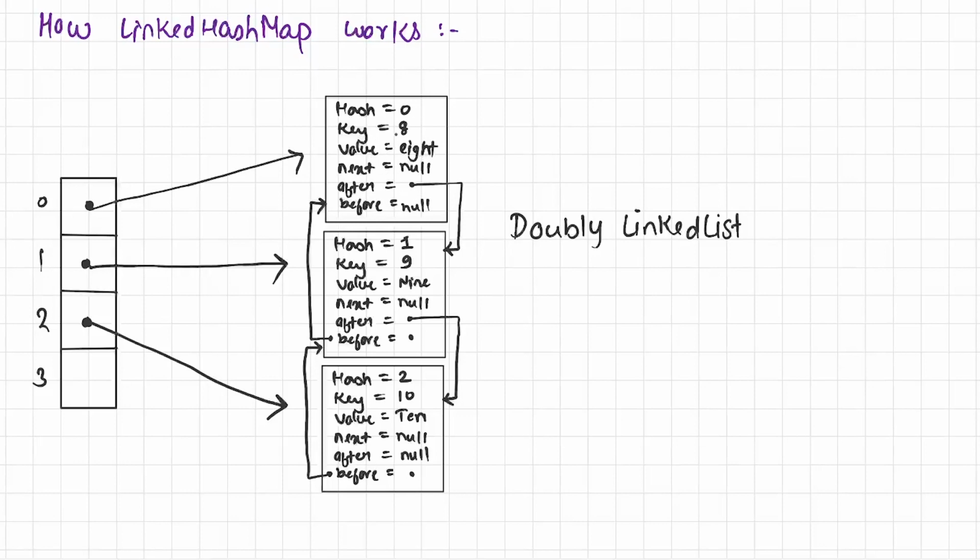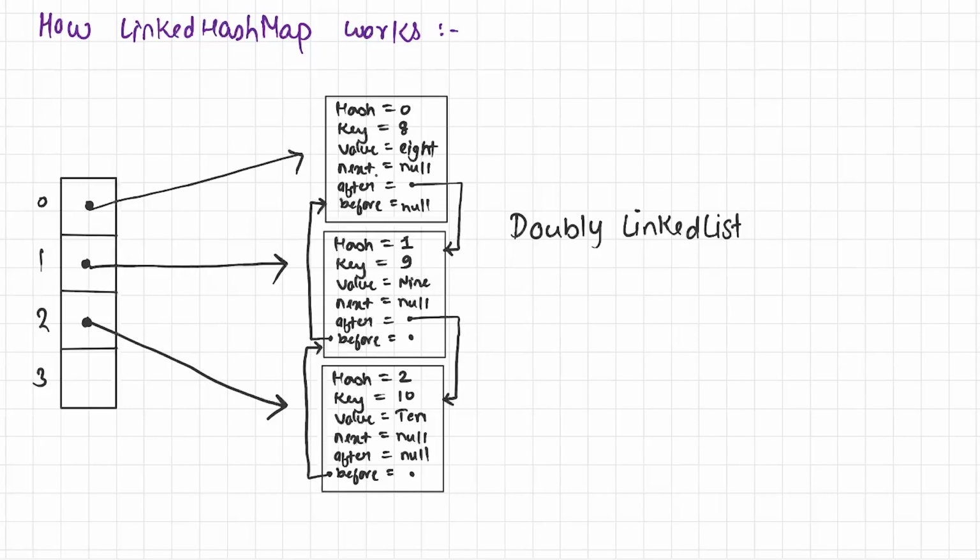So let's assume the first object you have inserted in the LinkedHashMap is 8, and the second object you have inserted is 9. In that case, the after field references this object, because this object comes after this object. And the before field of this object stores the reference of the node that is before it, and that object is 8. So basically both objects keep the reference of the node that is after or before the current node. After the object 8, the next node is 9, and before the node 9, the previous node is 8.